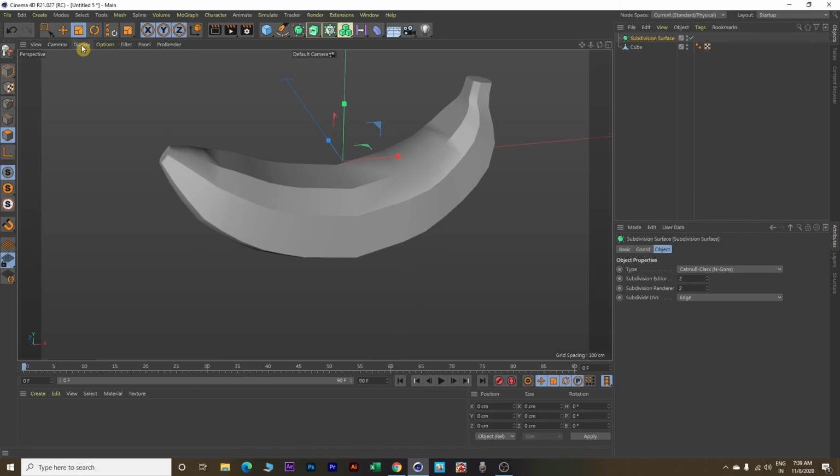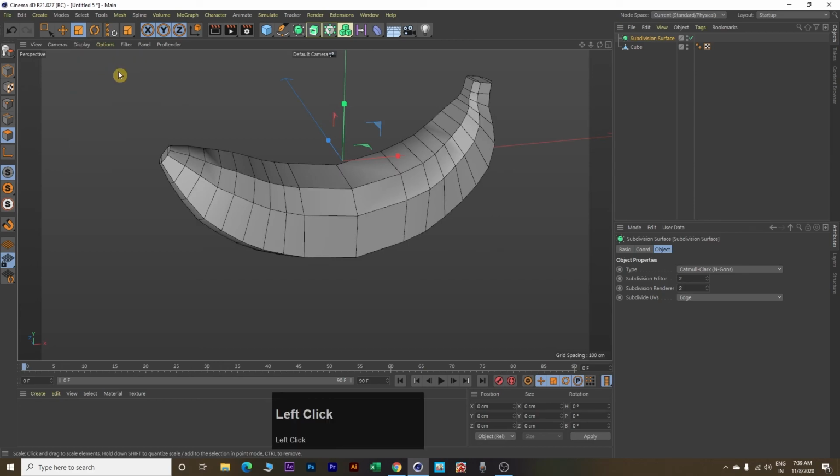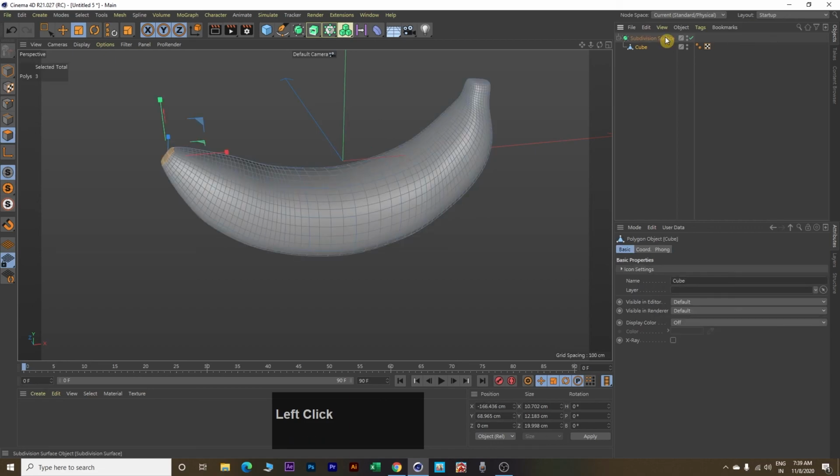So next we will click on display and we will bring Gouraud shading lines. This will show the lines across different polygons, but this still doesn't look smooth and curvy. So what we need to do is go to this cube, click on it, click and hold the left mouse button and drag your cube below subdivision surface like this.